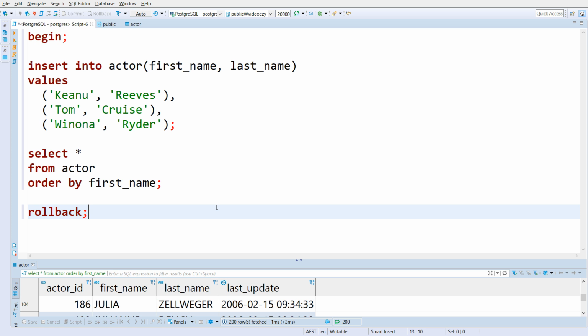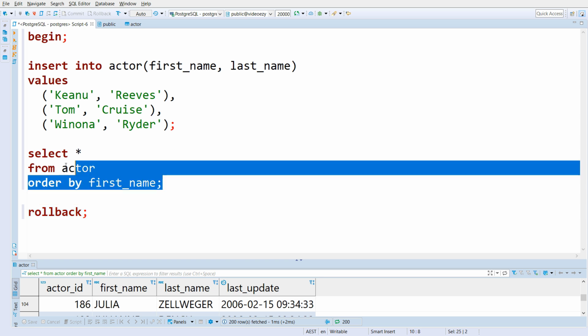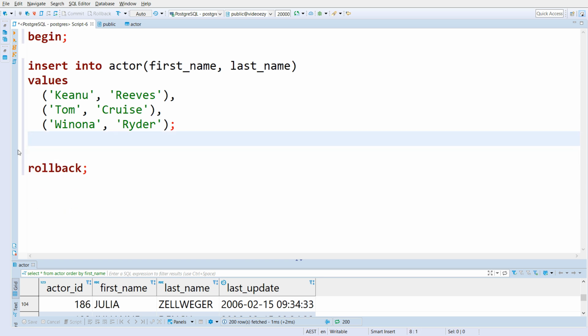Something that's unique to Postgres is that whether you're using insert, update, or delete, you can also add a returning clause to the end of the statement. And what that will do is allow the insert, update, or delete statement to return the affected rows. For example, rather than following this insert statement with a select clause, what I could just do is write returning